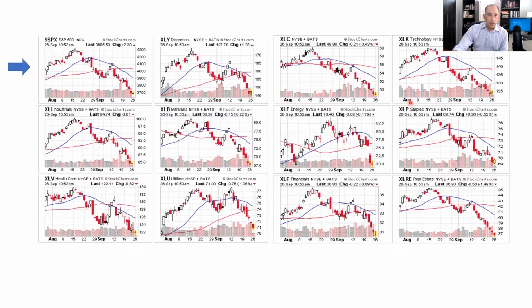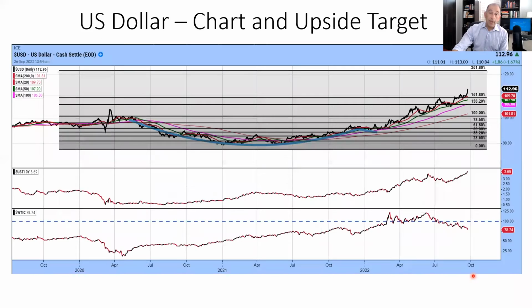Let's look at the dollar chart. So I got the dollar chart here. Let me advance the screen. So here's the US dollar chart and the upside target. Now, this is just a target based off of Fibonacci extensions and finding the high and the low and where things have measured up. That's pretty high. If we see a 120 or a 121 on the DXY here on the US dollar, boy, that's going to be pretty damaging in a lot of ways. Let's hope we don't, but unfortunately, that's the trend we're seeing.